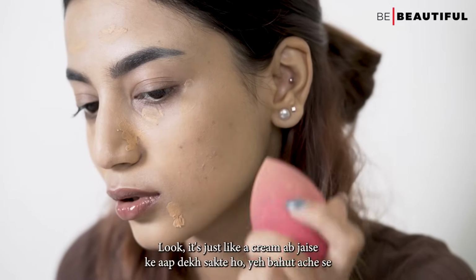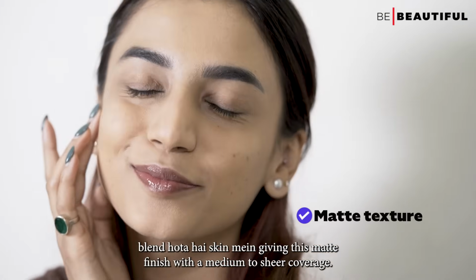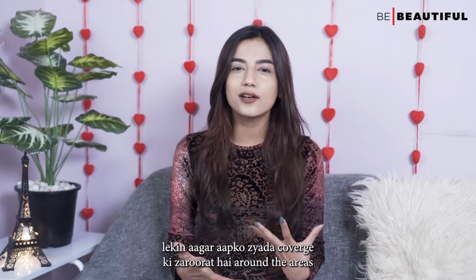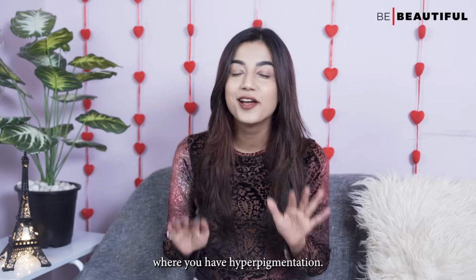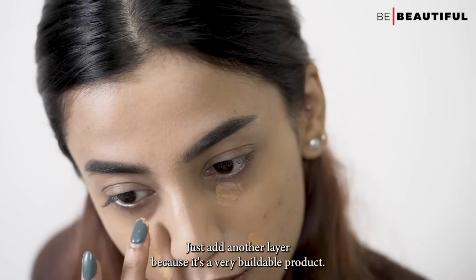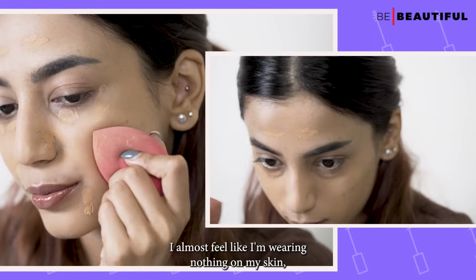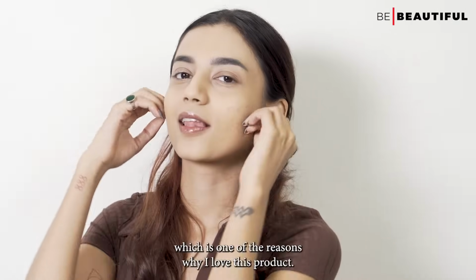Now as you can see, it blends very well into the skin, giving this matte finish with a medium to sheer coverage. But if you need more coverage around the areas where you have hyperpigmentation, no worries. Just add another layer because it's a very buildable product. I almost feel like I'm wearing nothing on my skin, which is one of the reasons why I love this